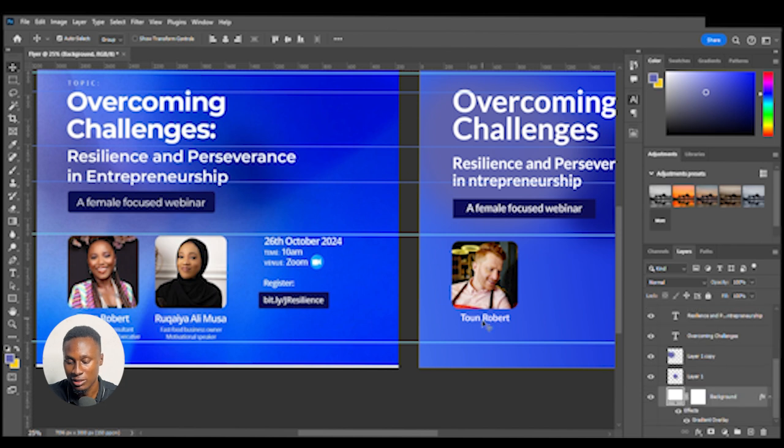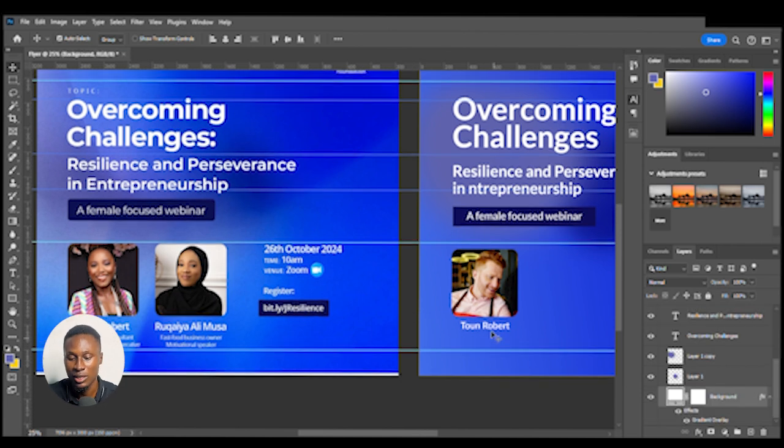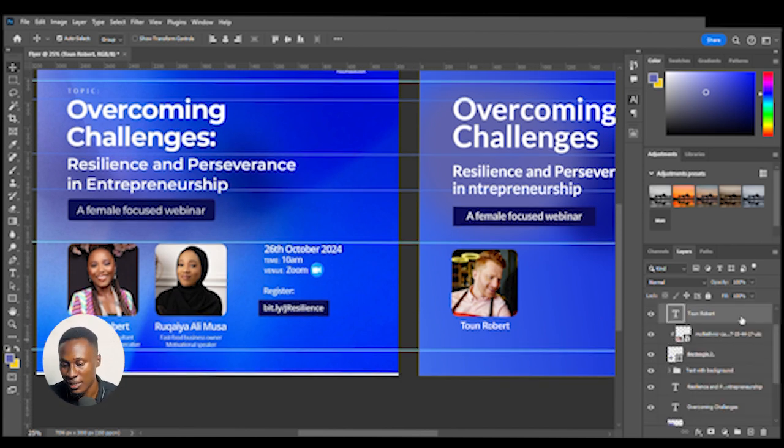Photoshop immediately selects the layer for you. If this is not selected and you click on layers, nothing will happen in your layers panel. All right, so I'm going to click on Tom Roberts and hold Alt on my keyboard, click and drag to